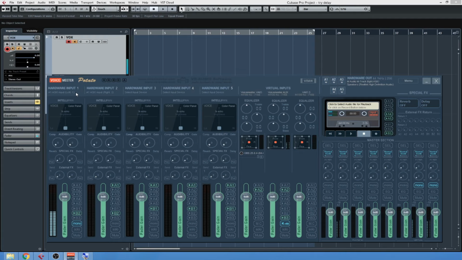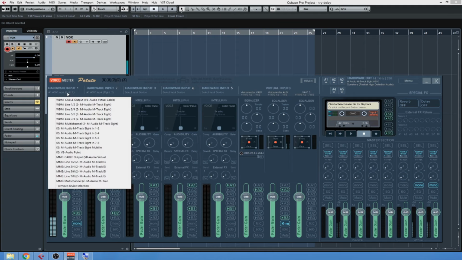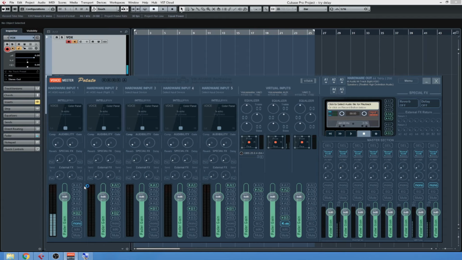If you have used this program before and you're just going back through it to try and get it working, you might have something else on this one. So click on it, remove device select, and what that will do is reset it to this A1 ASIO input. Now how we set these up for the inputs of your audio device is, go to your menu,